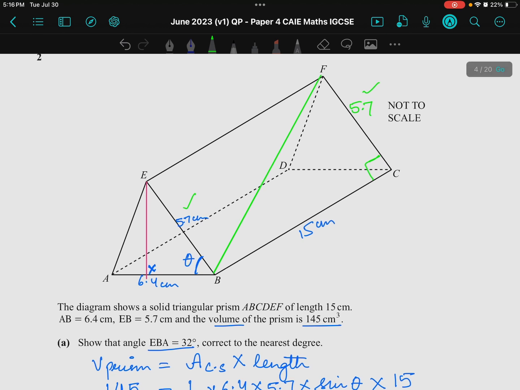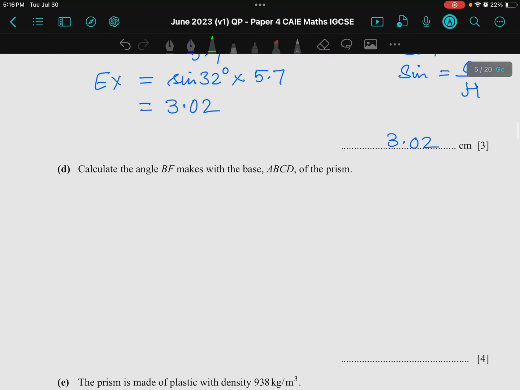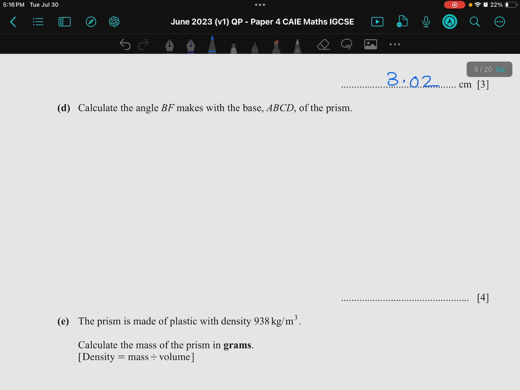So calculating first BF by the use of Pythagoras theorem, since this is a rectangle, this angle will be 90 degrees. So BF square is equals to FC square plus BC square using Pythagoras theorem. So BF square is equals to 15 square plus 5.7 square,